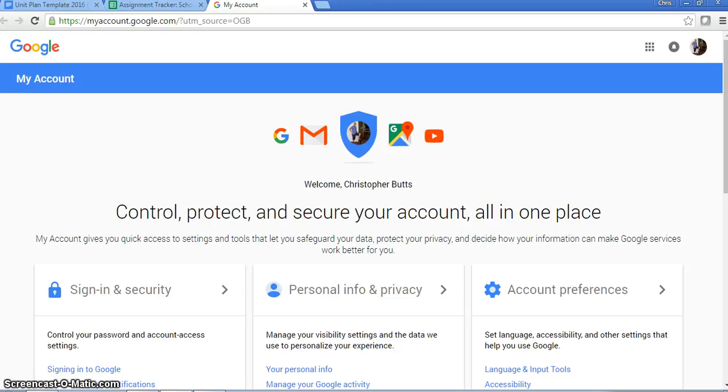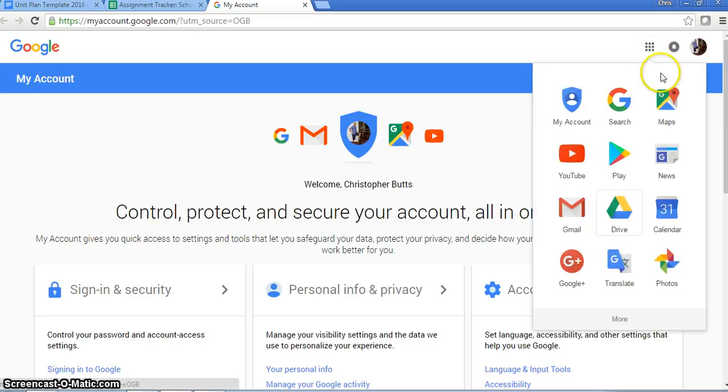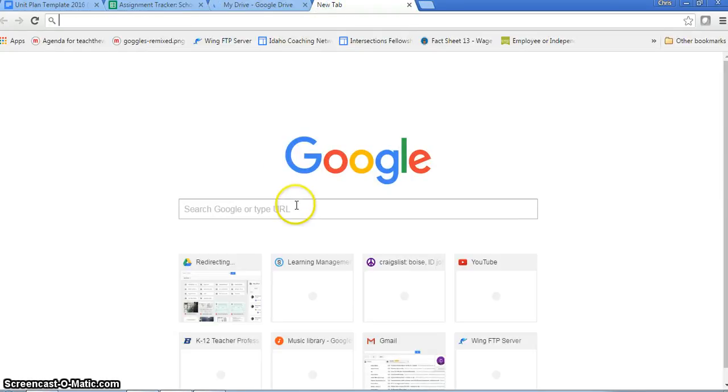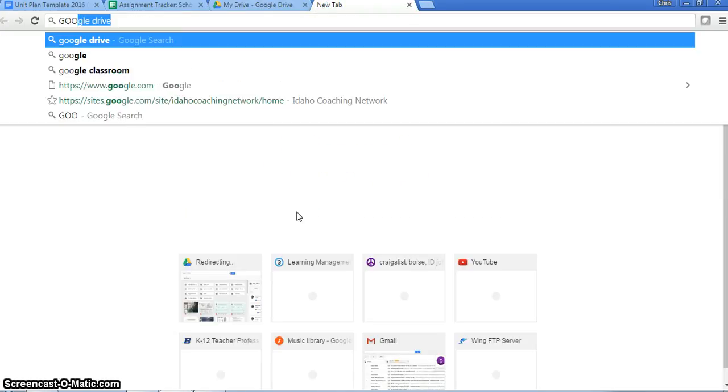Once you're in your Google account, you're going to want to get into Google Drive because that's where we're going to organize all of your materials today. So there's a couple different ways you can do that. I like to click on this little grid right here and then click on Drive. If that doesn't work for you or you can't see it up there, you can always search Google Drive,